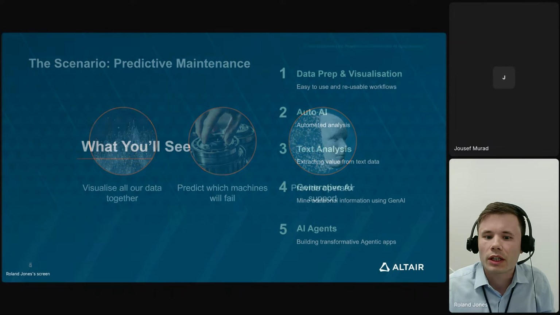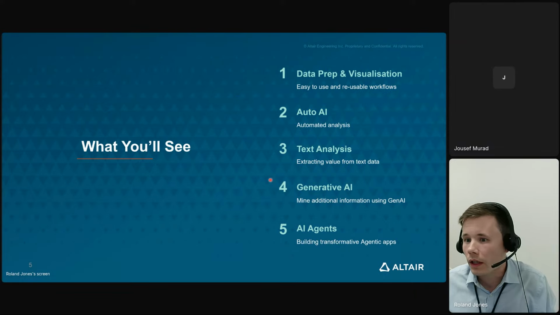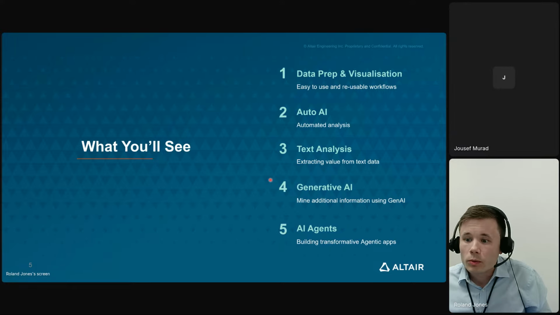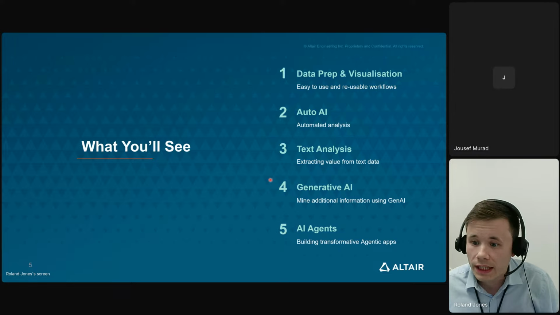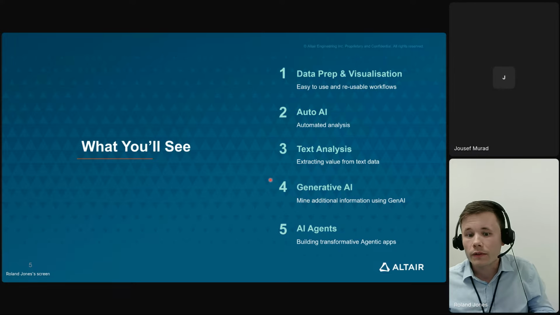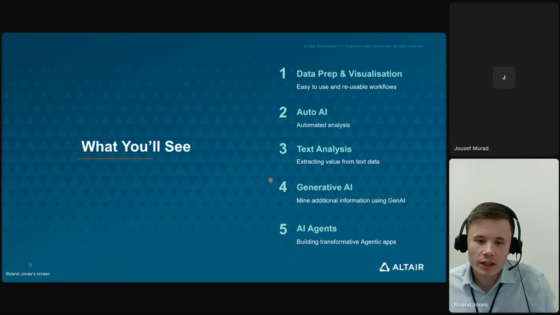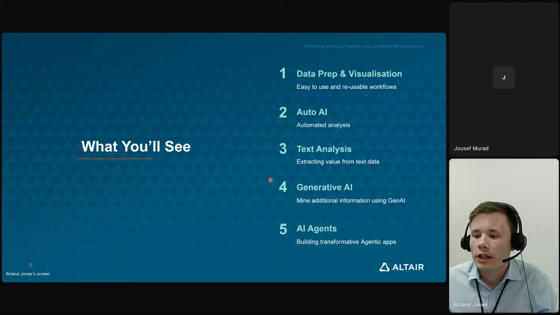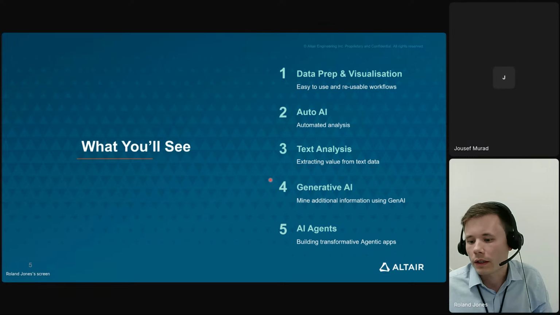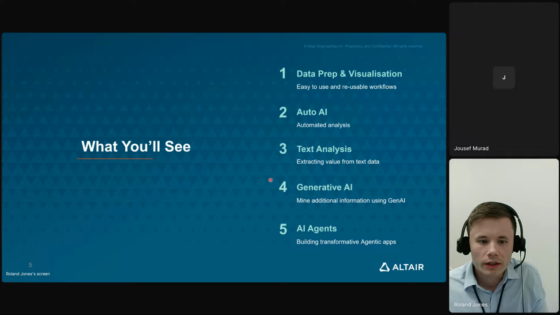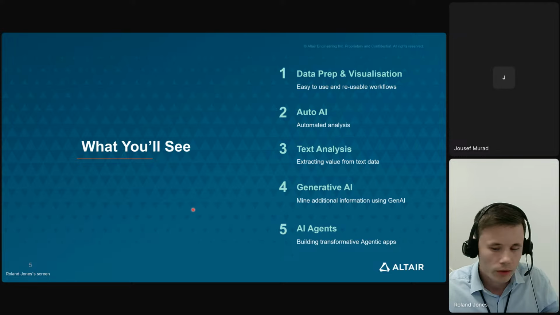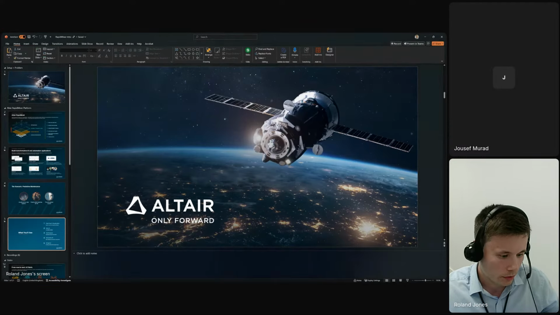Just to summarize, we'll start off with some data preparation and visualization, and then move on to some automated analysis. We'll also have a look at some text analysis, looking at how we can take free text, which engineers end up dealing with a fair amount of in documentation and reports. How can we mine that for more information? How can we use generative AI as well? And then finally, we'll be looking at building agentic AI systems. So with that, I'm just going to change my tabs and move over to